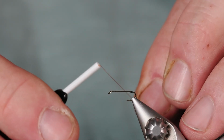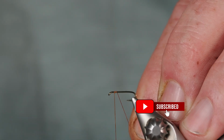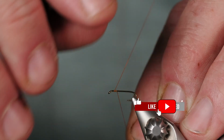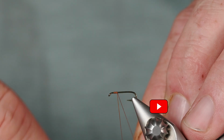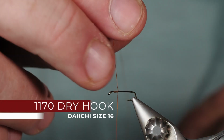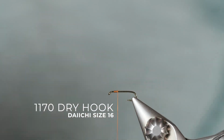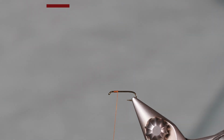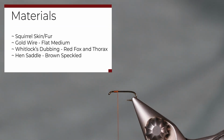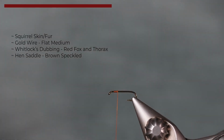Morning. We're going to be tying up a Red Fox Squirrel Nymph this morning. This is a Dave Whitlock pattern, and we'll be using some Whitlock stubbing. I'm just going to go ahead and get my thread started on my hook. We'll just go ahead and clip off the tag end there. And I've got a size 16 nymph hook in the vise, and I'm using just a rusty orange